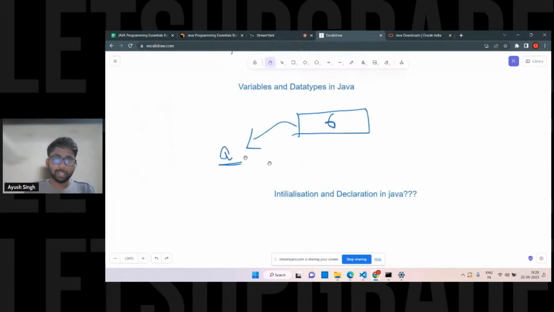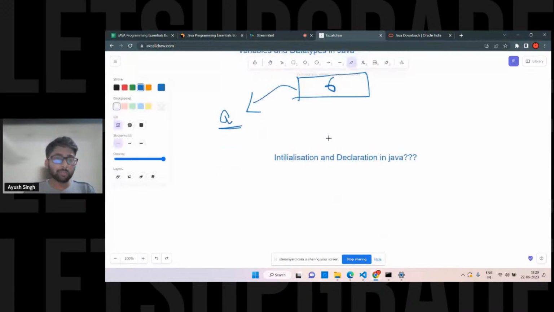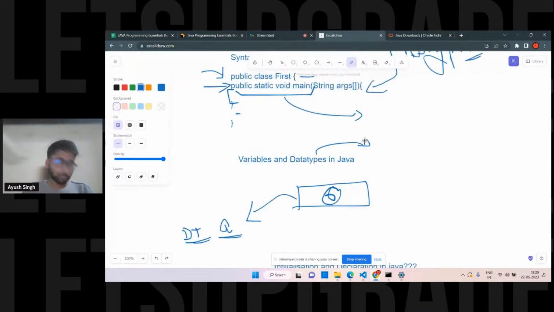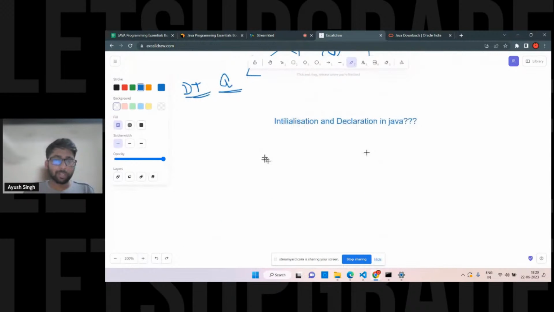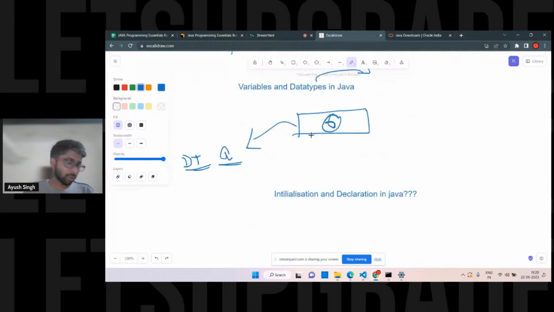So what I have to say here is, for the variables it is just like C, but there is a part where we have to give a data type also. I'll just type dt, which means data type. The data type will tell you what kind of data you're storing. You already wrote this point. After the program I'll ask a quiz, a simple question regarding the data types, because you already know about the data types.